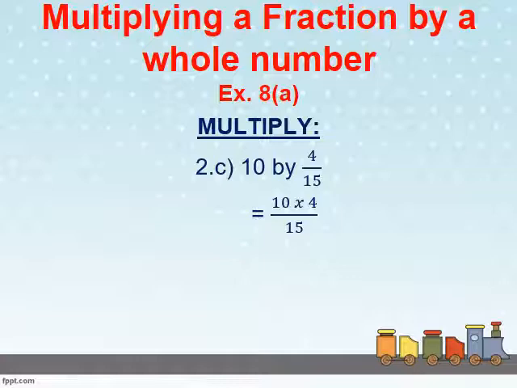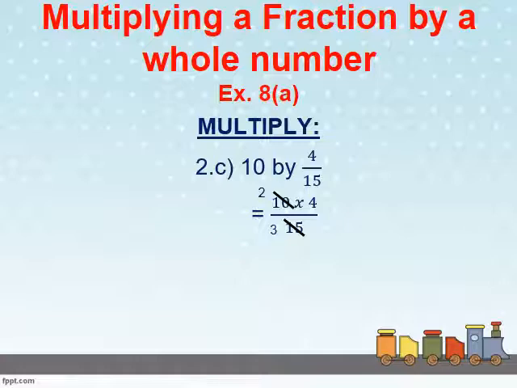In the next step, we are going to multiply the numerator, but before multiplying the numerator, we will see whether we can reduce this fraction. So yes, we can reduce the fraction. We can reduce the fraction by dividing 10 in the numerator and 15 in the denominator by the common number 5. So when we divide 10 by 5, we get 2, and when we divide 15 by 5, we get 3. So we will write here 10 divided by 5 is equal to 2 and 15 divided by 5 is equal to 3.